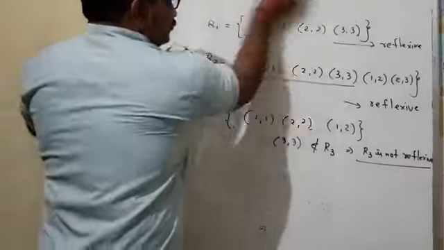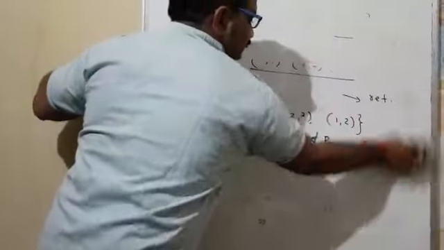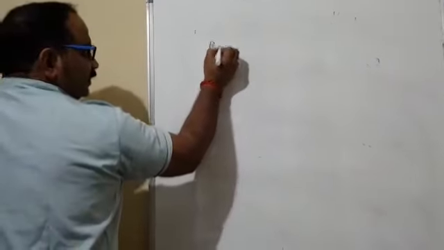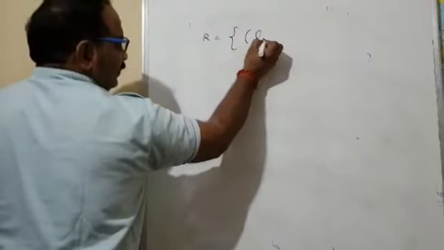Another example for reflexivity, we should go with that. And the example is general, algebraic. Say, I'm saying here, a relation R is given by ordered pair L1